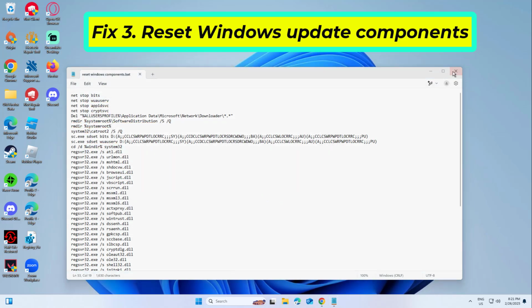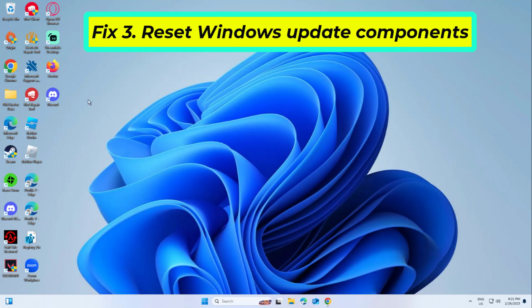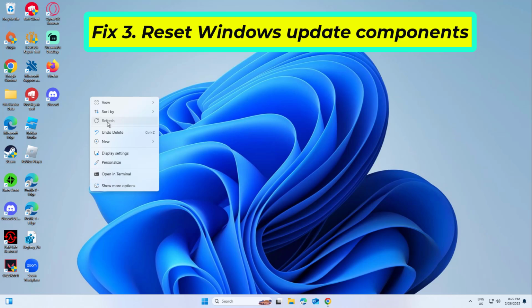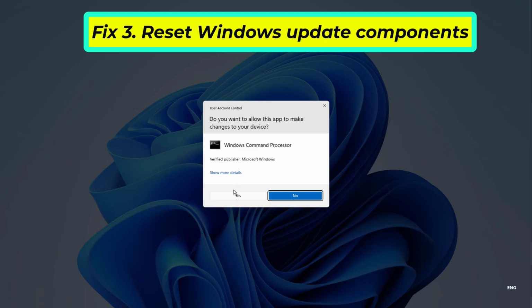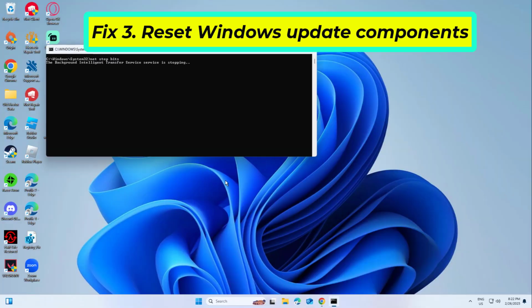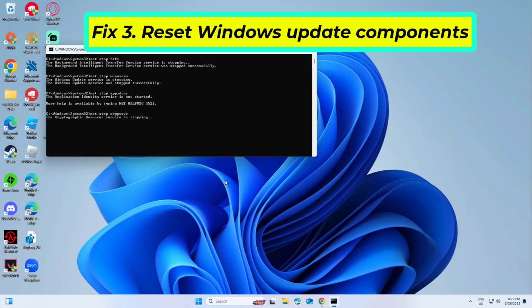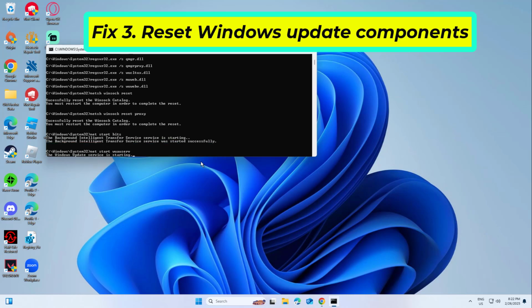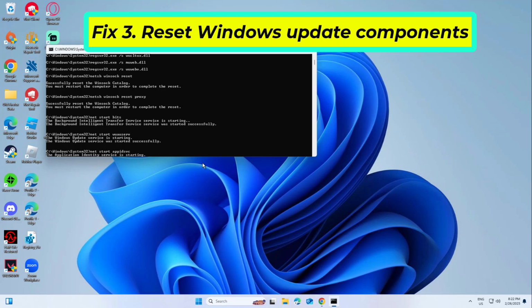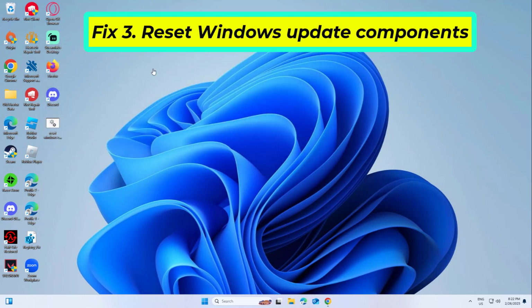Now right-click on that file and click on Run as Administrator. Type Y and press Enter. Now restart your computer and try again and your problem should be fixed. If that didn't work,